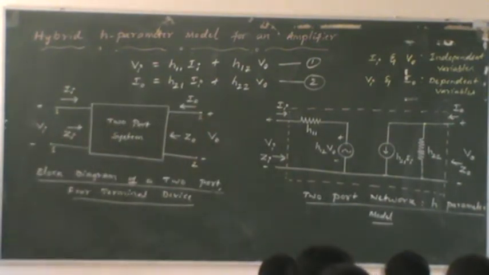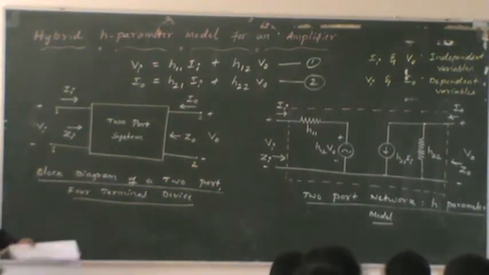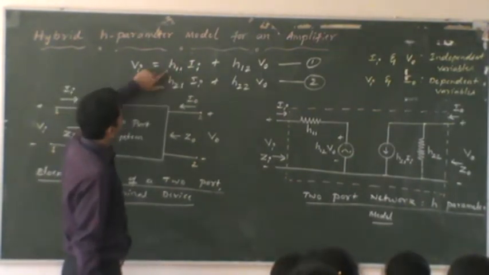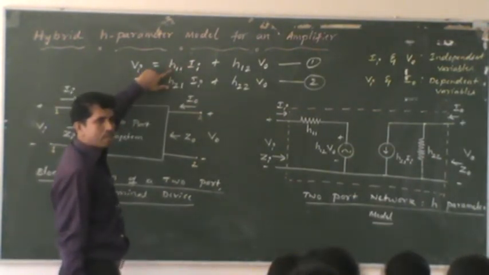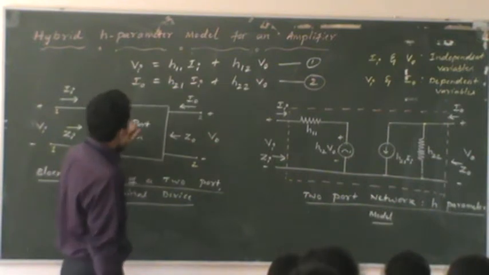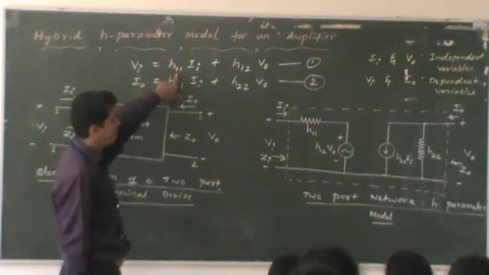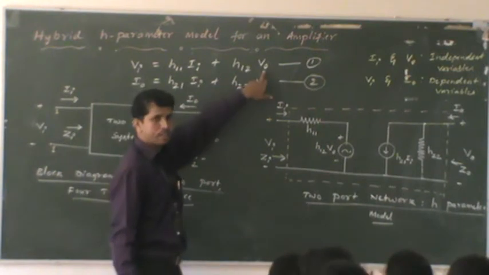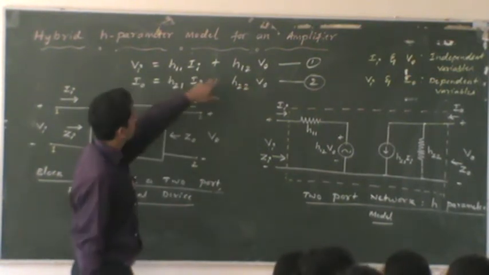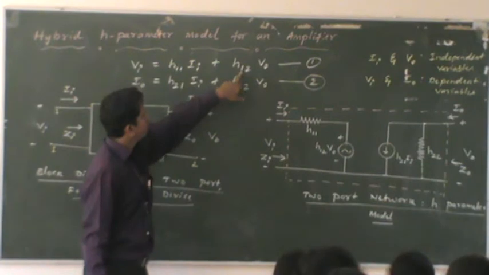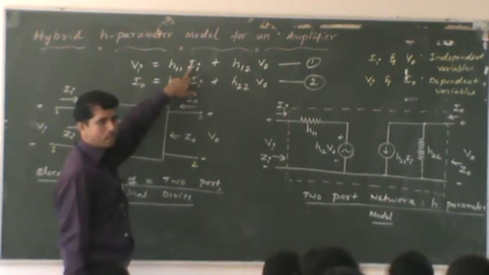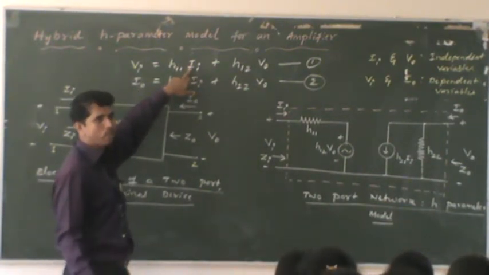So with that, we will move on to the definition of H parameters. Using equation number 1 and 2, we can define the hybrid parameters one by one. You can see here in equation number 1, we can give a definition for H11. Most of us are not aware so far of what H11 is, but we can define H11 by making V naught as 0. If you want to define H12, just make Ia as 0. And so we can understand what H11 is.